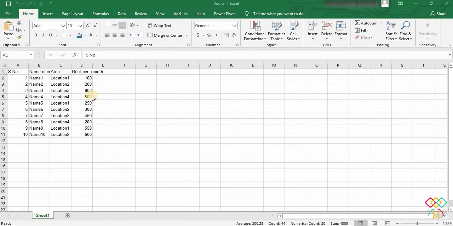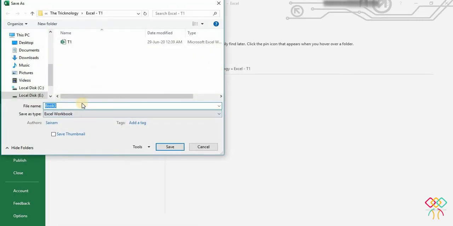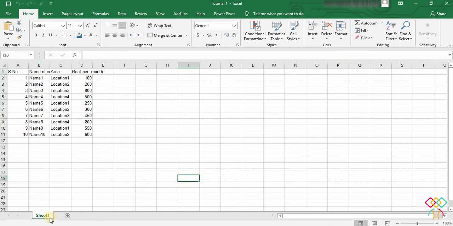So this is the data I have created to carry on today's tutorial. I just want to highlight a few things. Don't forget to save whatever work you have done in Excel. So for this, let us first save this file: File, Save, and I will name this as save. The second thing is, in case you require, you can rename this sheet to any XYZ or whatever name you want. I will rename this as